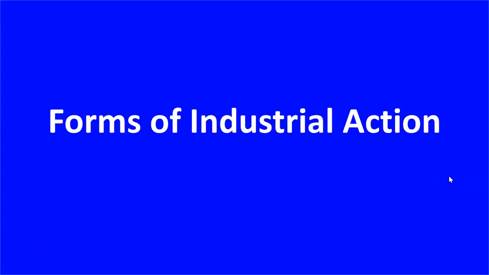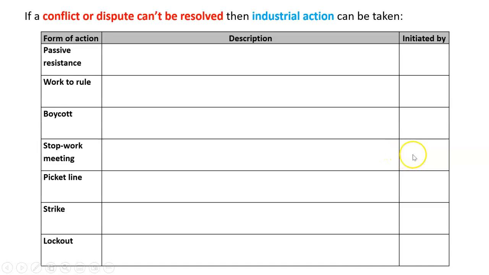When a dispute occurs between an employer and one or more employees, we usually call that industrial action. What are the forms that can take? Well, first thing to realize is that we don't necessarily need to know. This is not part of our course per se. This is just background information, things you can talk about.